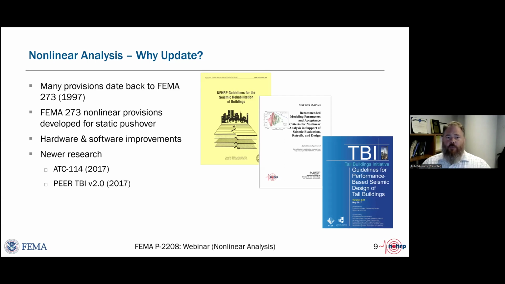And so through the 20 plus years of use of this, these projects really synthesized the material and provided good basis, and in many cases filled in gaps that are in the ASCE 41-17 provisions for nonlinear analyses.